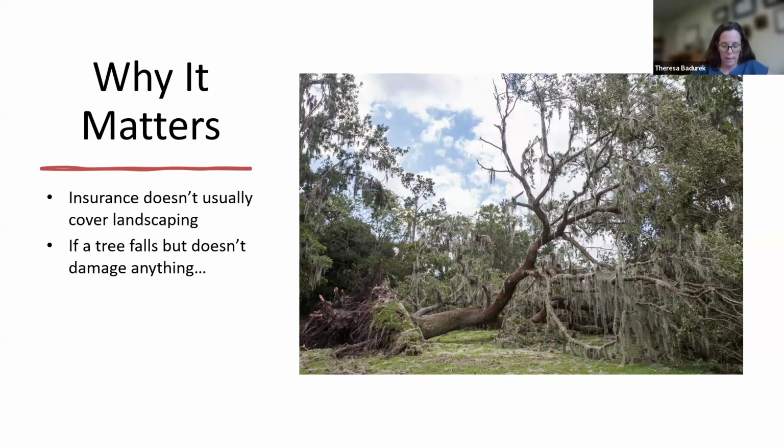If you have ever had damage to your home and you've had to work with a homeowner's insurance company, you may have discovered that homeowners insurance policies typically do not cover any of your landscaping. So, for example, if your entire landscape gets destroyed in a hurricane and you have to buy thousands of dollars of plants to re-landscape, there is no coverage for that. There can be exceptions. You can buy additional insurance specific to this, but it's not a standard part of your